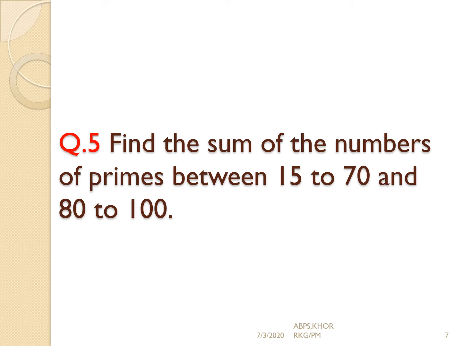It means you have to find out all the prime numbers between 15 and 70. Then count the numbers, how many numbers there are, and now 80 to 100. Find out how many primes are lying in between these two numbers. So what you will get? We are going to get two fixed quantities. Suppose 10 and 2, like this, you have to count the numbers and find the sum, the required sum.